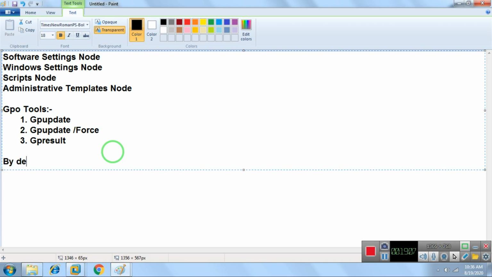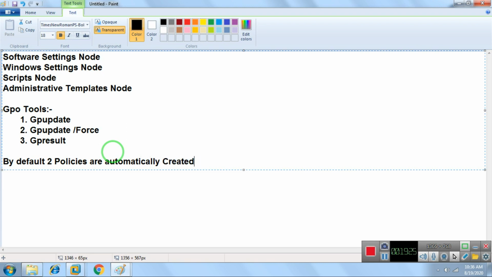So by default 2 policies are automatically created.